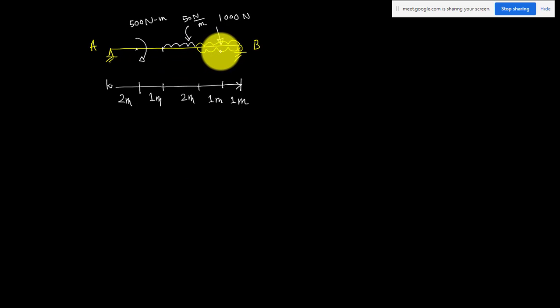So this is how you have to make your UDL continuous. Continuous means once it has started, it should be there till the end of the beam. That is the meaning of continuous. It should not necessarily be the entire length of the beam; you have to add UDL only if you want, that is not compulsory. The thing is, once the UDL has started, it should be there till the end of the beam.